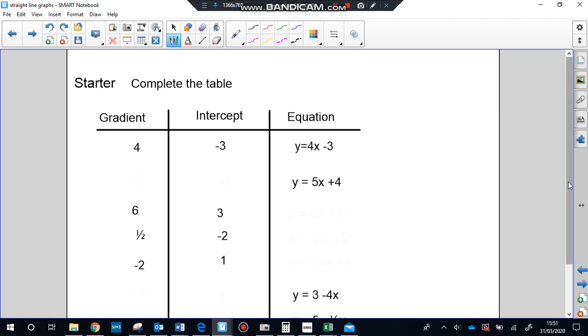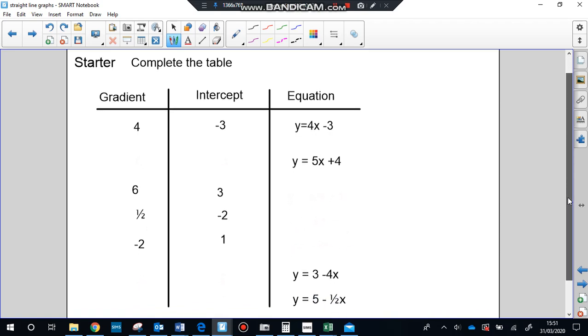So last lesson, we learnt about how the intercept relates to the equation, and the lesson before we learned how the gradient relates to the equation, and these are coming up in your 10 questions as well, so you're getting a little bit of practice in 10 questions as well, 20 questions. So let's look at the first one. First equation has got a gradient of 4 and the intercept's of -3, so the equation would be y equals 4x, because the number in front of the x, multiplying the x, is the gradient, -3, because that's the intercept. Okay, so going backwards from this one, can you work out what the gradient would be to go here